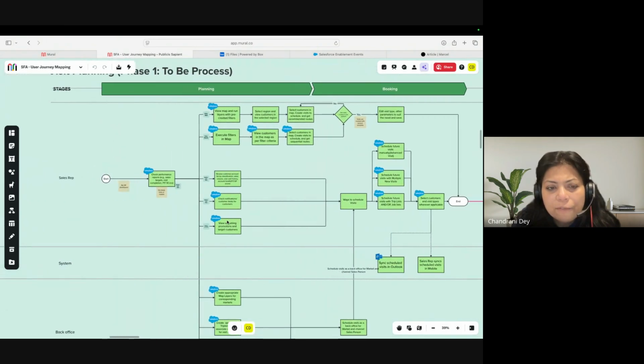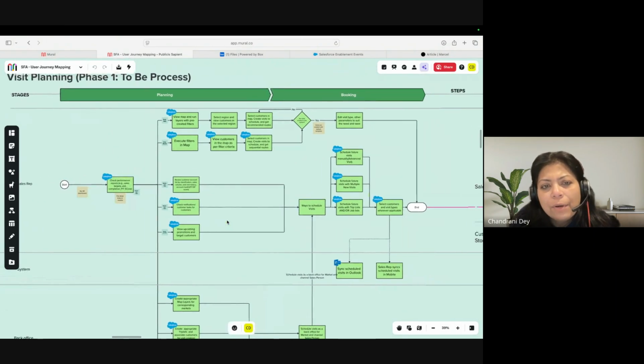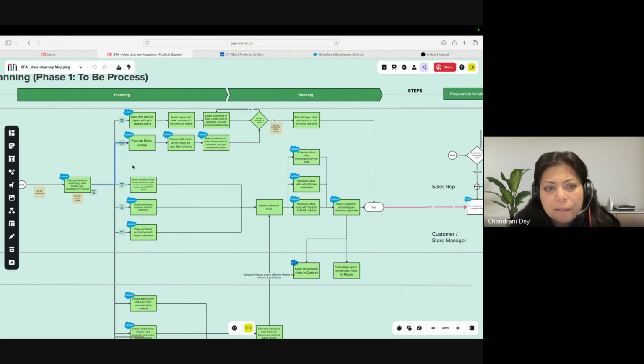So if you see the flow here, it talks about a lot of things. This is the planning part where the sales rep or the operations people view the maps and create the filters in the map. All the activities that happen in the maps are captured, and then how to capture customers in those maps, and then create the visits.